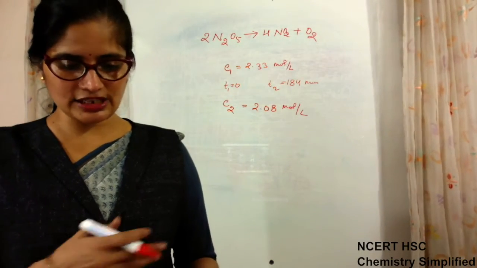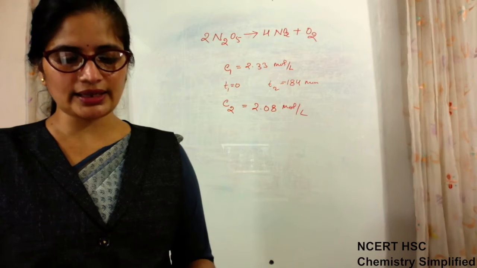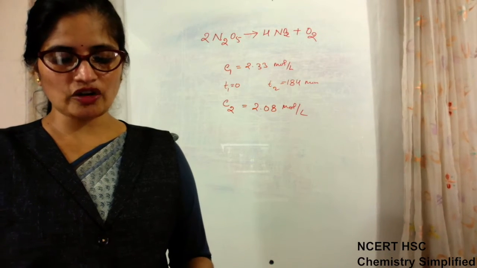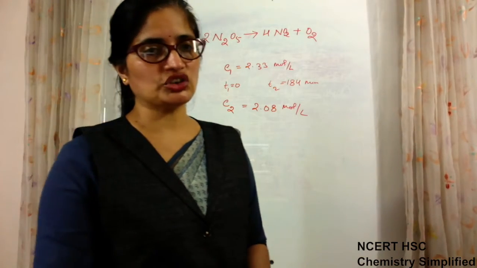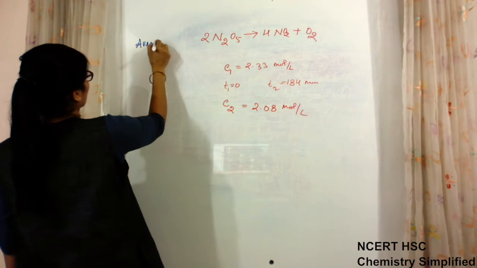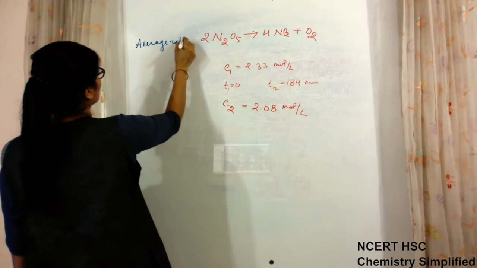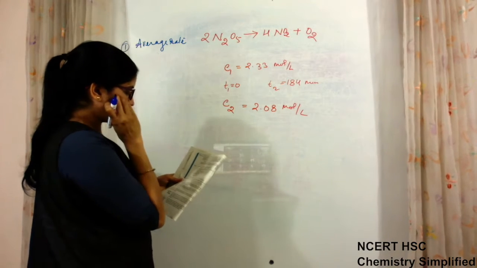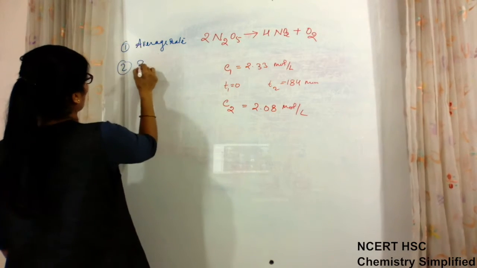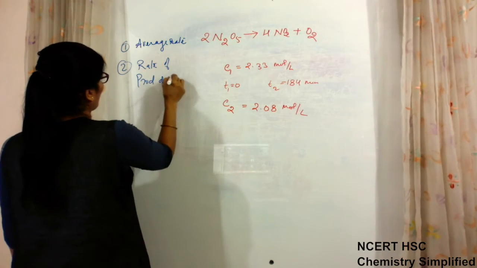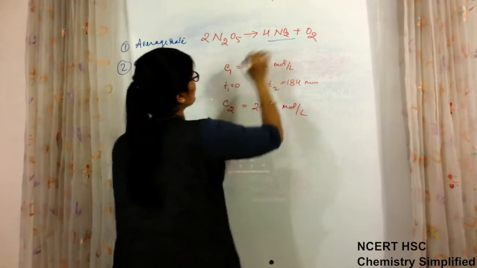The reaction is as follows, which I have written. Calculate the average rate of this reaction. What is the rate of production of NO2? Two questions are asked in this. First, you have to find the average rate of this reaction. And second, you have to find the rate of production of NO2. So NO2 is produced here.